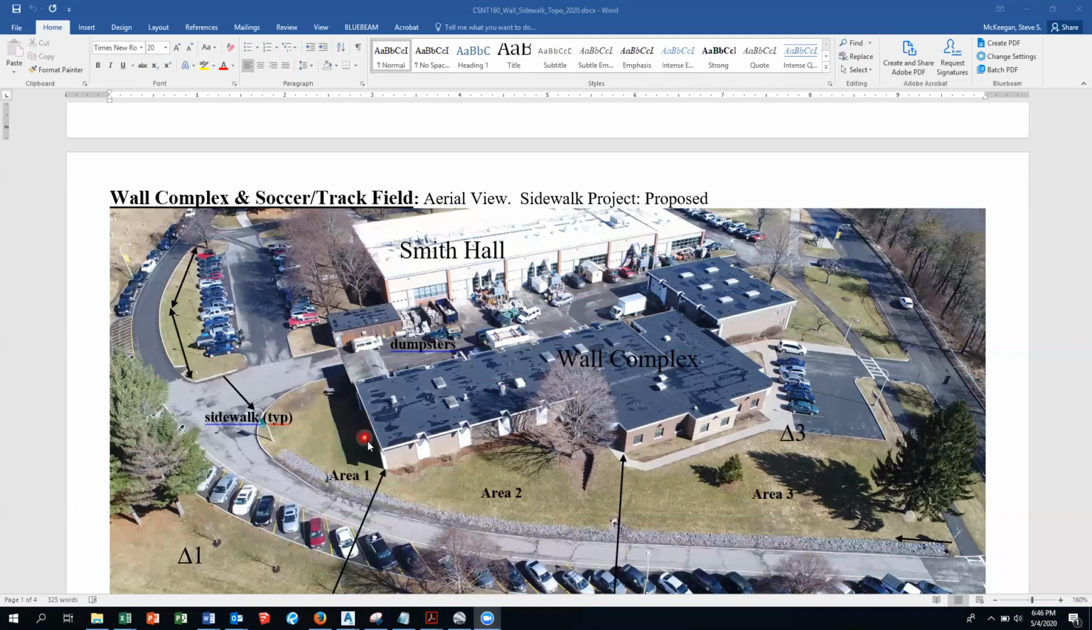And say group 1 would be this area, probably here. This is very easy to put in a sidewalk. We really don't need topo out there. So we would probably start right about here